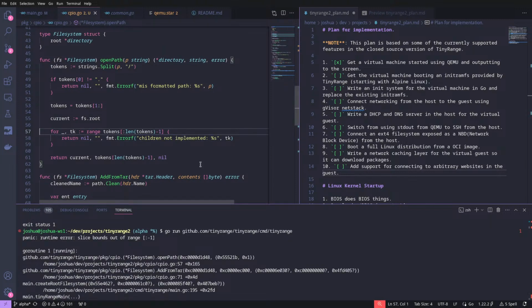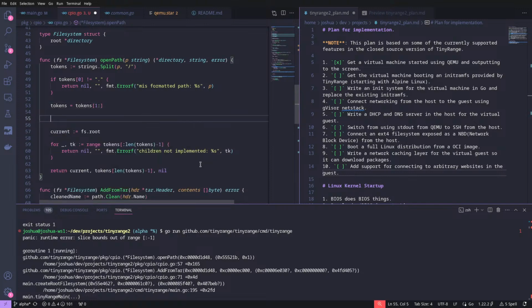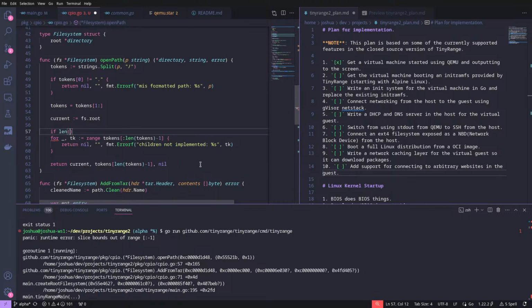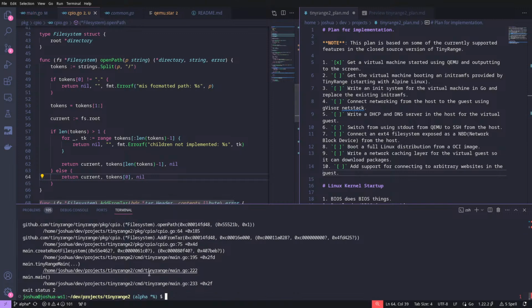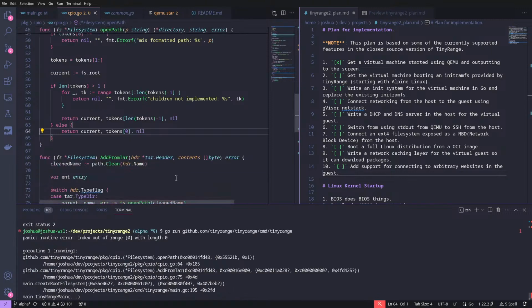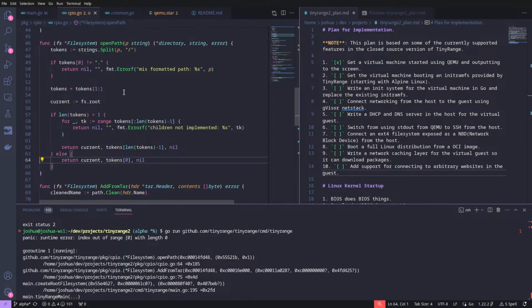Slice bound out of range. Okay. If len tokens is more than 1, then do that. Otherwise, return current tokens 0. No. Okay. Then